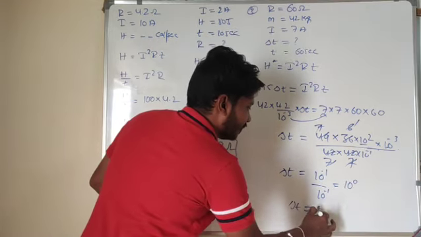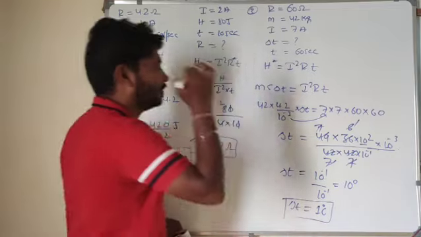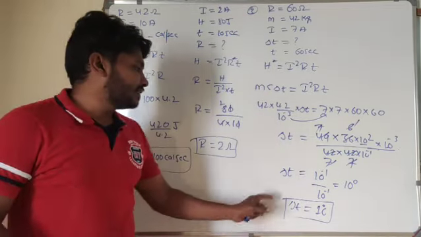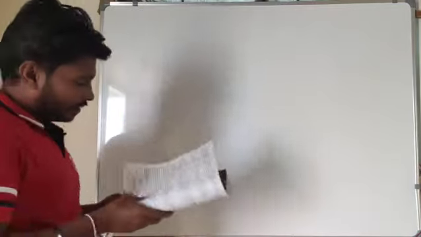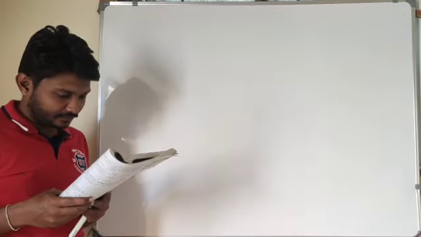Delta T is equal to what? 1 degree Celsius. How much temperature will rise here? The rise in temperature will be 1 degree Celsius here. Okay, so we'll look at the next one.